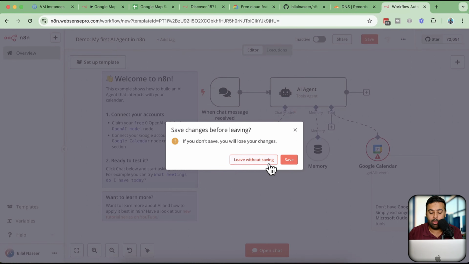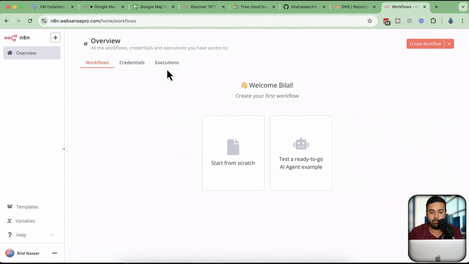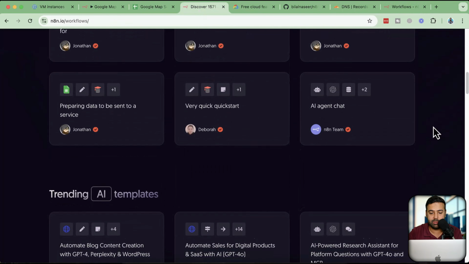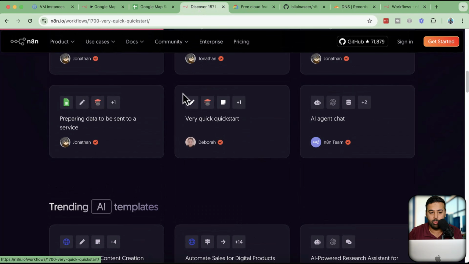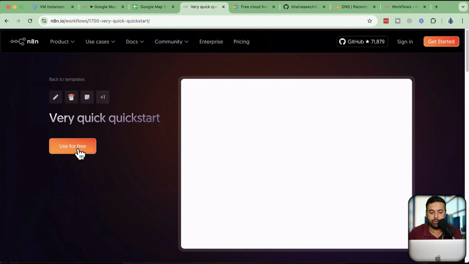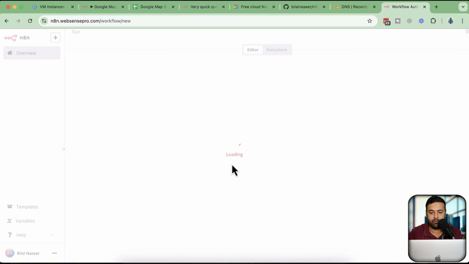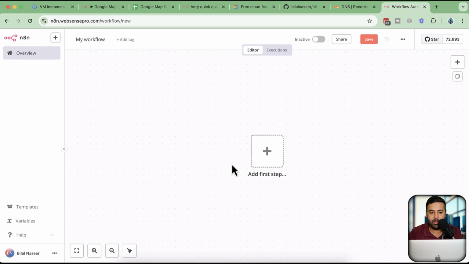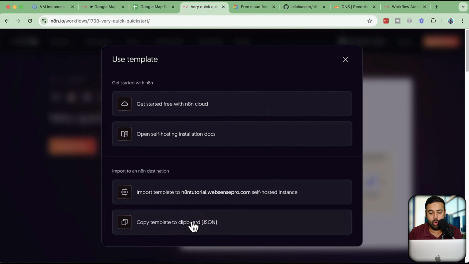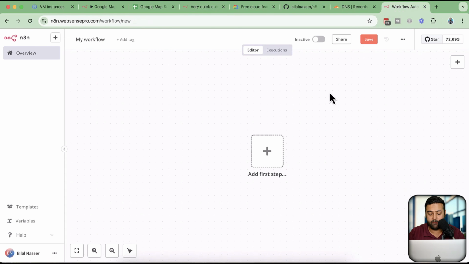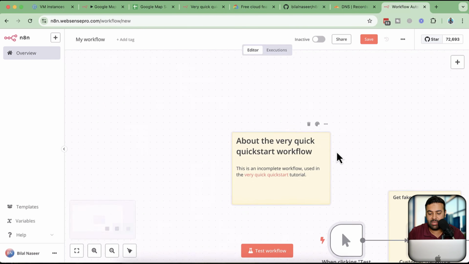Now, if you want to learn how you can copy these N8N workflows from the website, all you have to do is click on any of the workflows and then click on use for free. And here you have the option of copy template to clipboard. You just go to workflows, start from scratch. And here I'm just going to copy template to clipboard, click on that. And now I'm just going to press Command V. I'm on Mac. If you are on Windows, you can simply press Control V